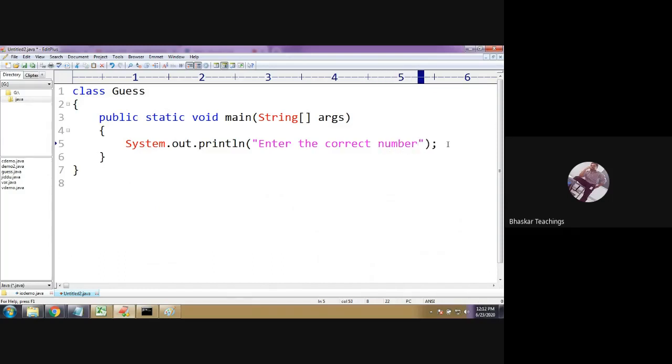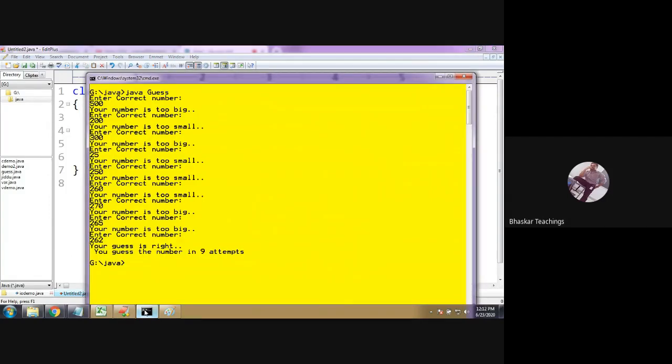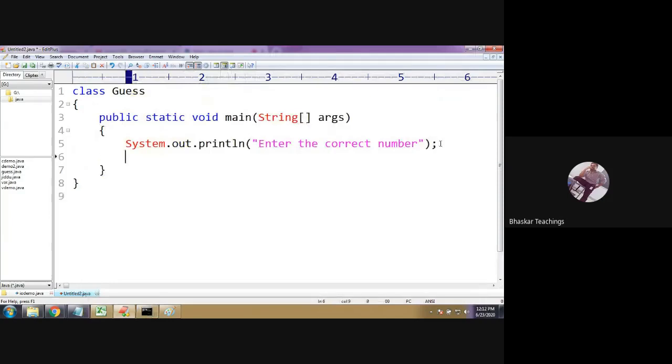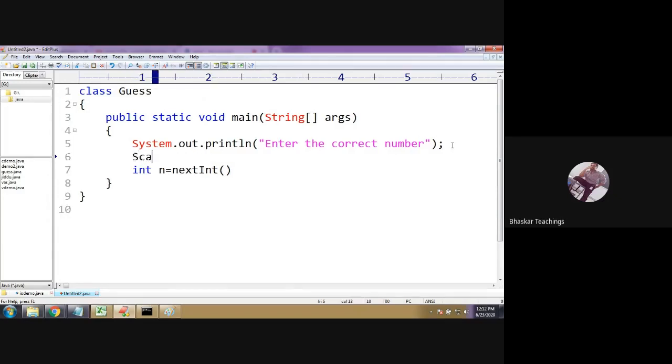Fine. So when this string is displayed, he is going to enter a number. Therefore you need to read the number, let us say into n equals sc.nextInt. But nextInt cannot be given directly, right? You need to create an object of the Scanner class. Scanner sc equals new Scanner of System.in. You can give any object name, not only sc.